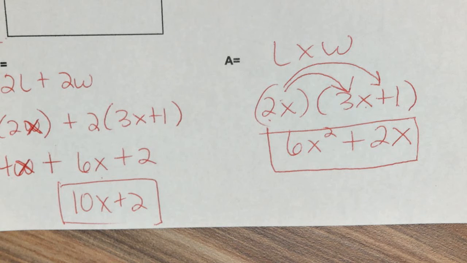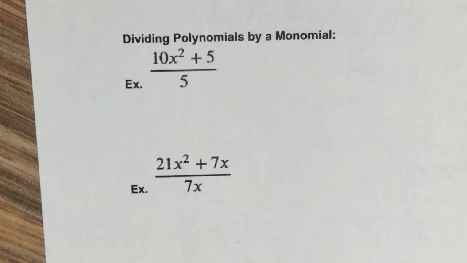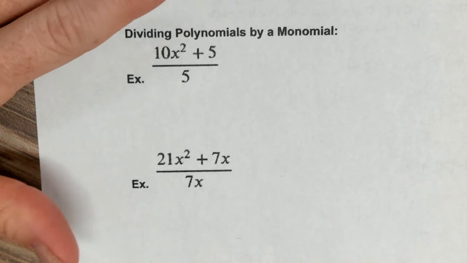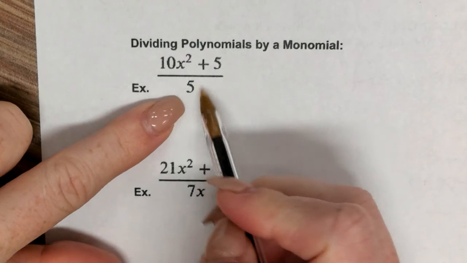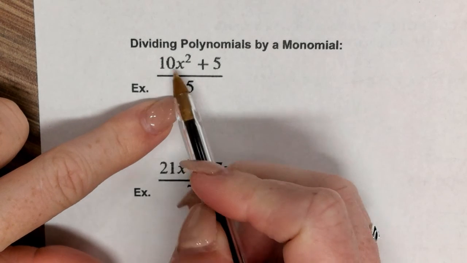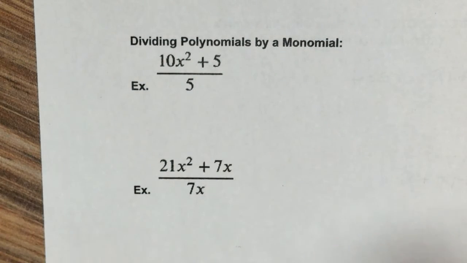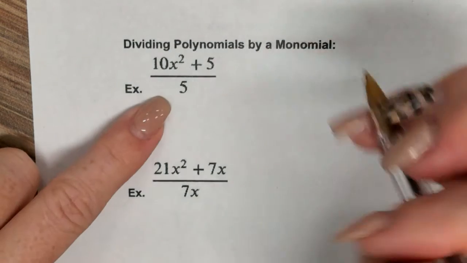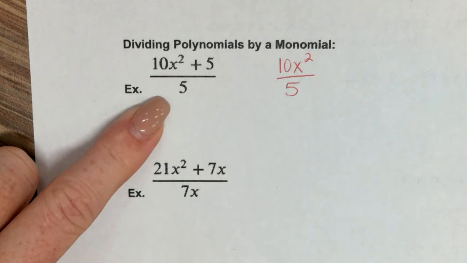So that was a review of everything we've learned so far this week. Now we're going to get into dividing polynomials. Now, basically, when you divide polynomials, what's on the bottom needs to be divided into everything on top. So just rewrite the problem. So I would rewrite this as 10x squared divided by 5